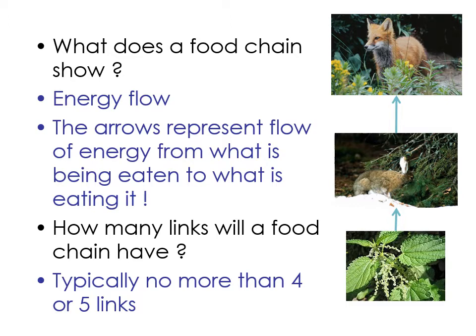But the reason that a food chain can't be any longer than that is because by the time we get to a secondary consumer, there has been that much energy lost from that food chain to the environment as heat, that there isn't enough energy left to sustain another trophic level on top.